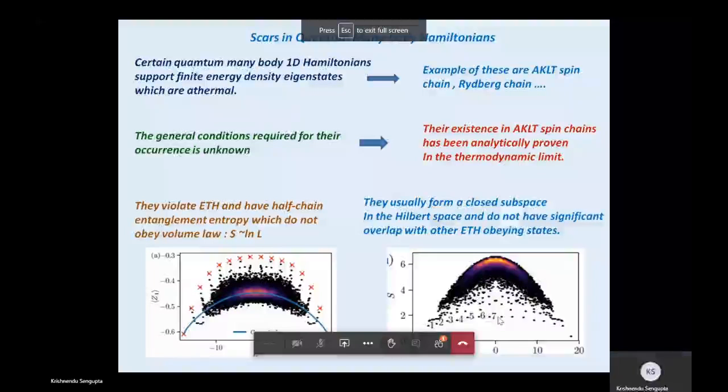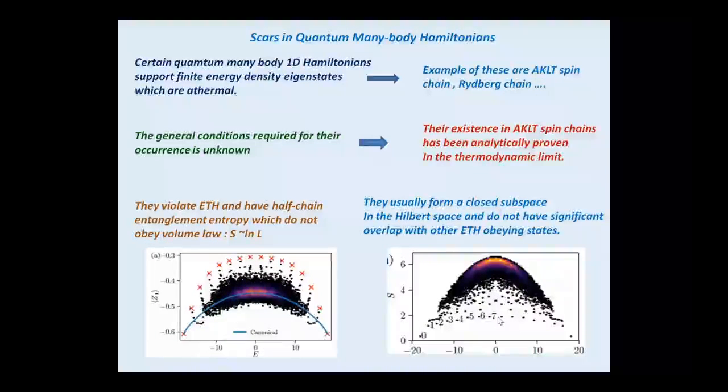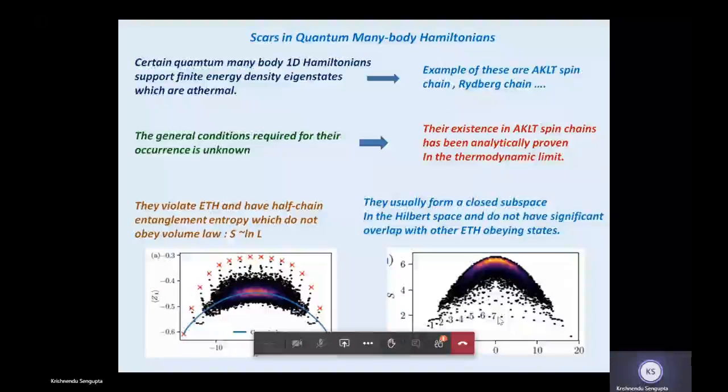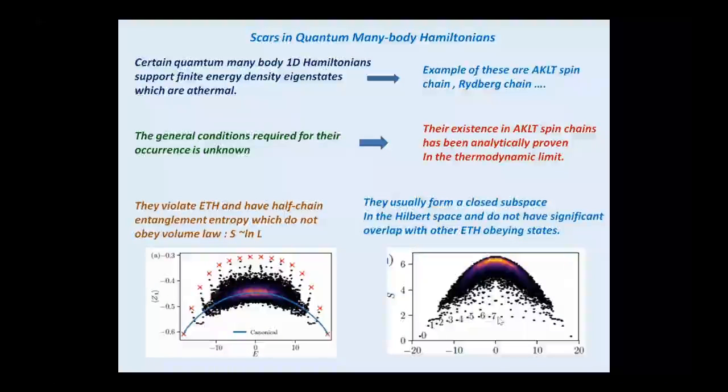There you would see that every state in the spectrum, and not just a few, is going to become an area law kind of thing. Because if you add disorder in the many body localized phase, all the states in the Hilbert space in a one-dimensional problem become localized, and they have area law entanglement. Here there are two differences. One is you don't have disorder, and the second is that you have only a few states which have area law.